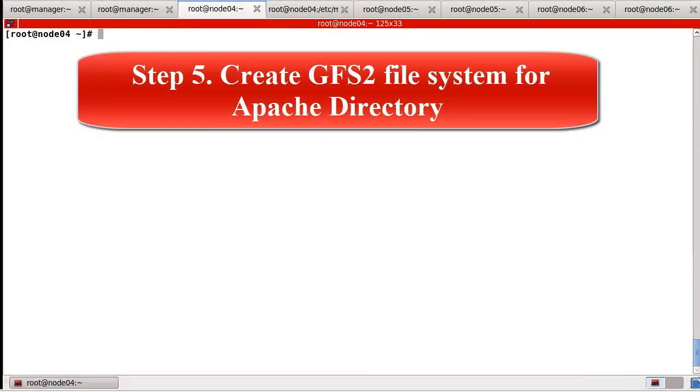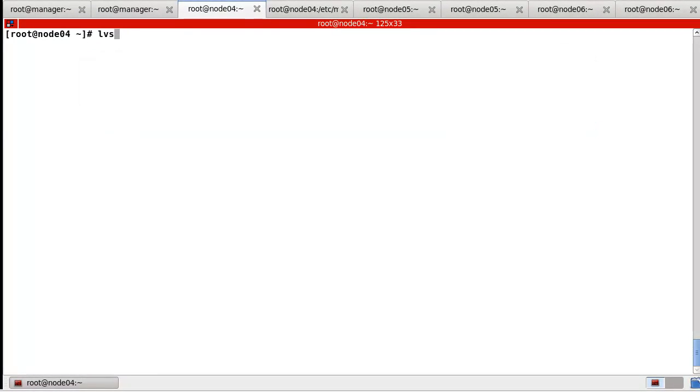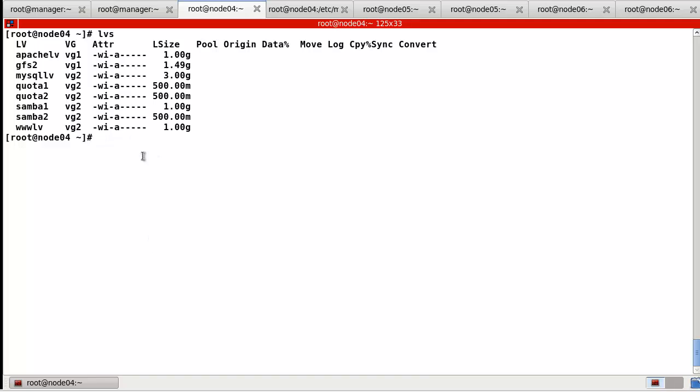Now step 5, create the GFS file system for the Apache directory. So now let's check. Okay, so now we can find the LVs. In my case, like before for testing, I created this one. So at first I will remove vg2. Okay, yes, I don't have it.